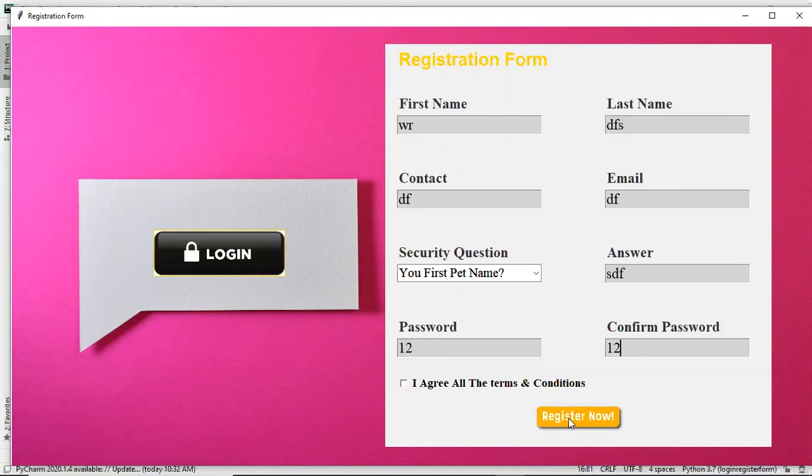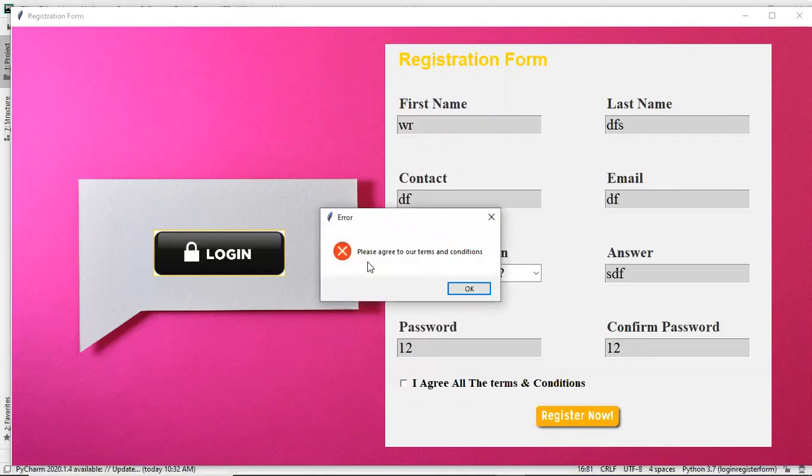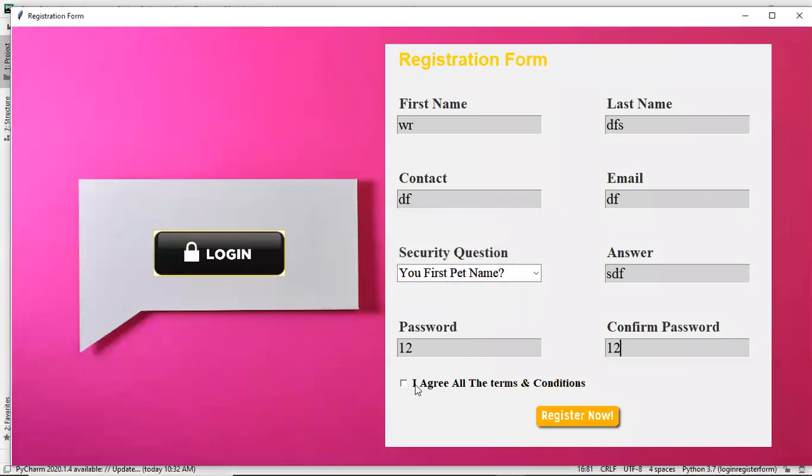Now if I click this register now, we are getting this error message, please agree to our terms and conditions. If I check it, that condition will be false, and now we will not receive any message box. But if I uncheck it, that check variable has a value of 0, and that condition will be true, and we will receive this message box here. Okay, so I hope you guys are understanding.